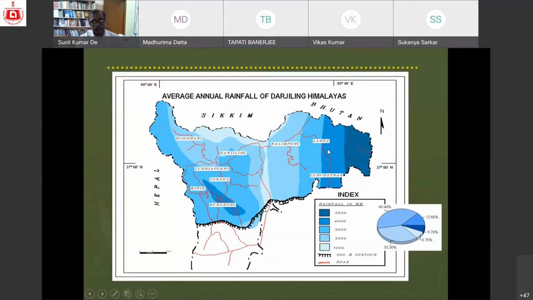So what is the role of vegetation? When raindrops fall on the surface, the velocity reduces because raindrops are first obstructed by the canopies of the trees, and the velocity reduces. So the amount of erosion and sliding is reduced, and these areas are highly settled. Here it is Darjeeling town, here it is Kurseong town, here it is Mirik town, here it is Kalimpong town. So all these areas are highly settled nowadays. So naturally, vegetation cover has gone.